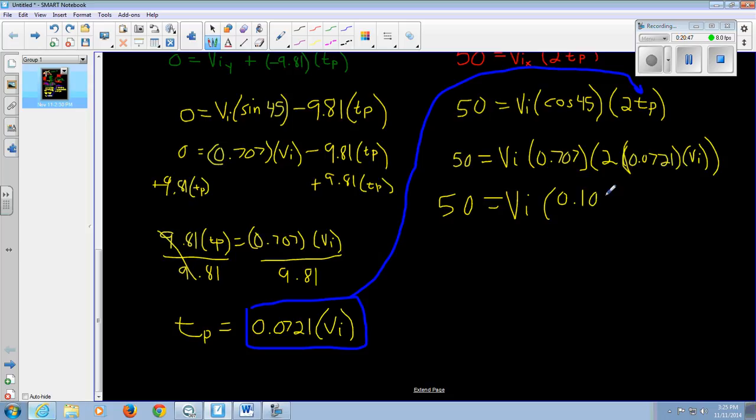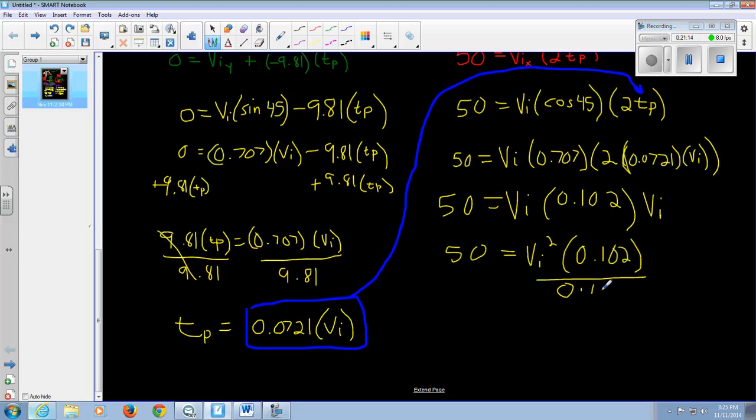then that's equal to 0.10, round it to 0.102, times another initial velocity. So this VI times VI is equal to VI squared times 0.102, and that's equal to 50. If we divide both sides by 0.102,